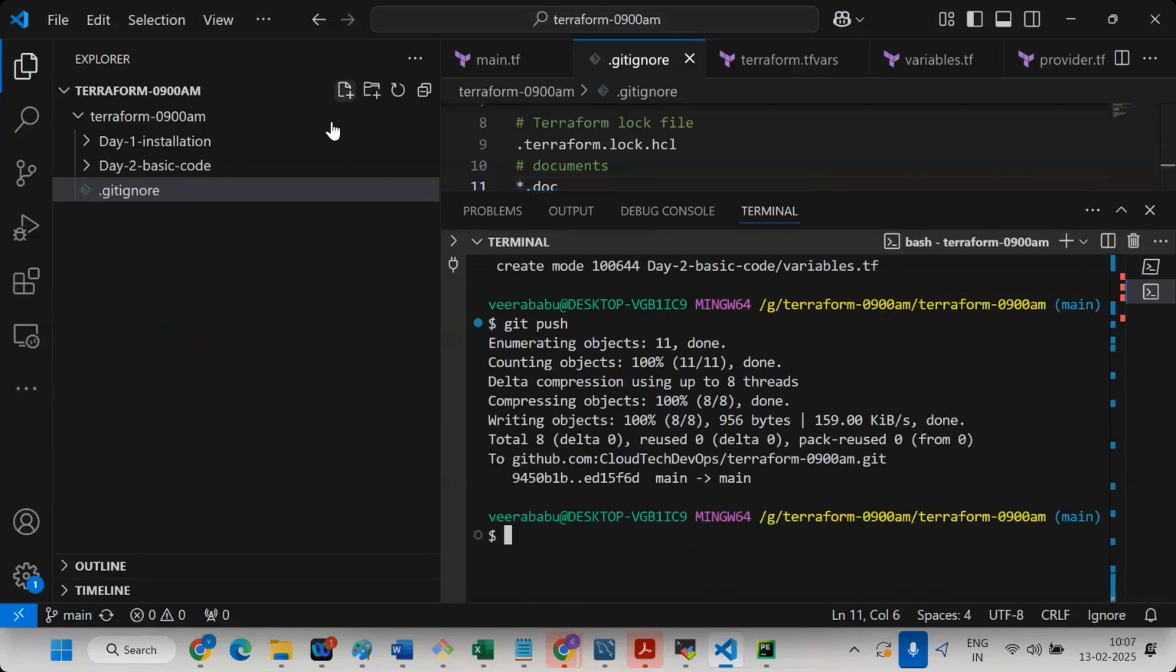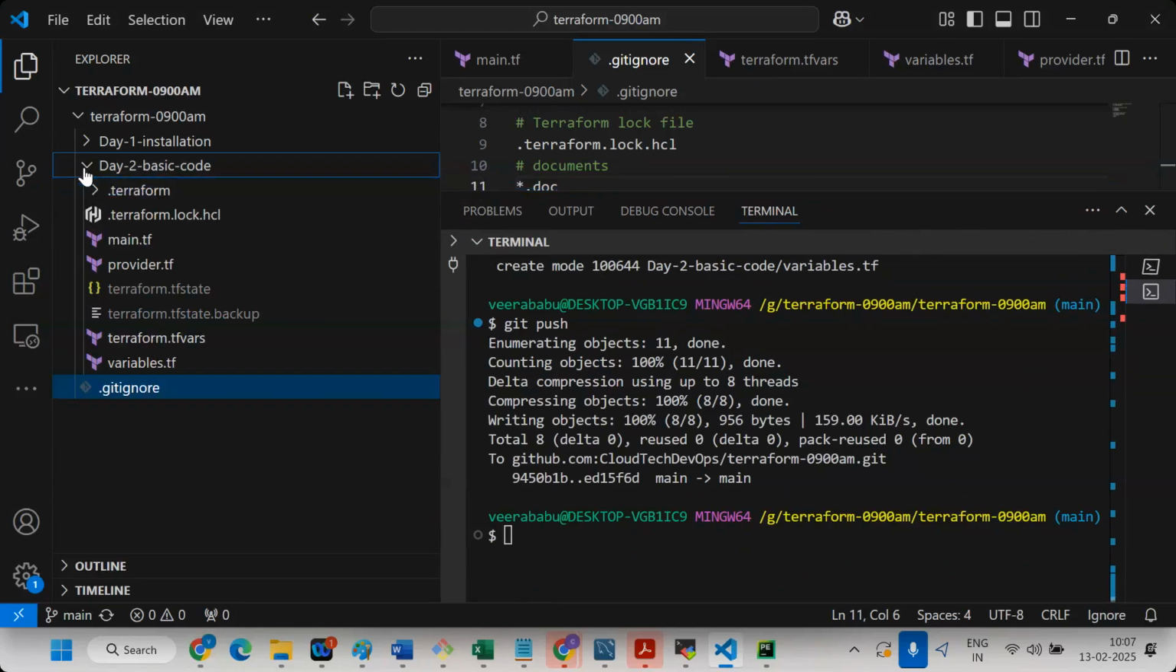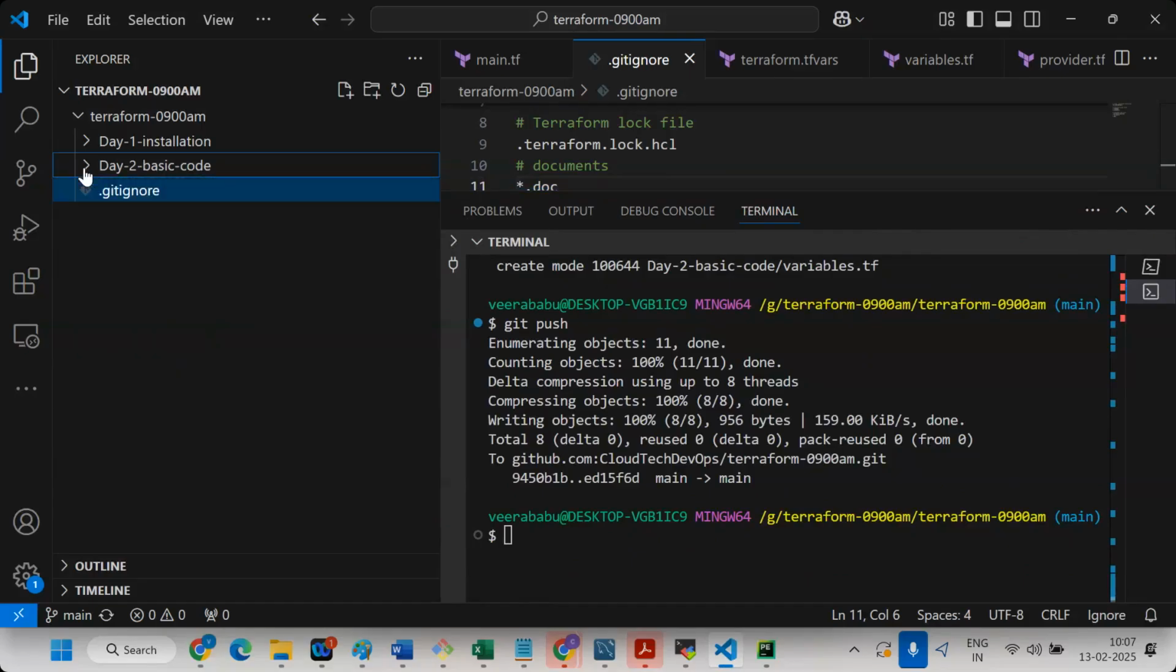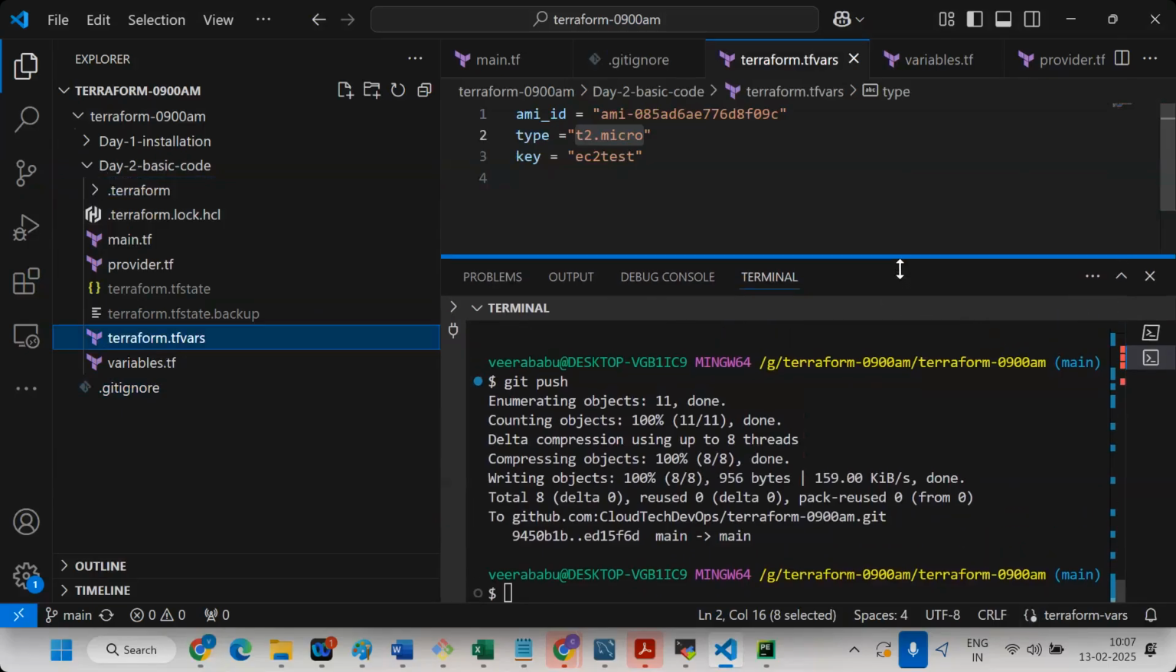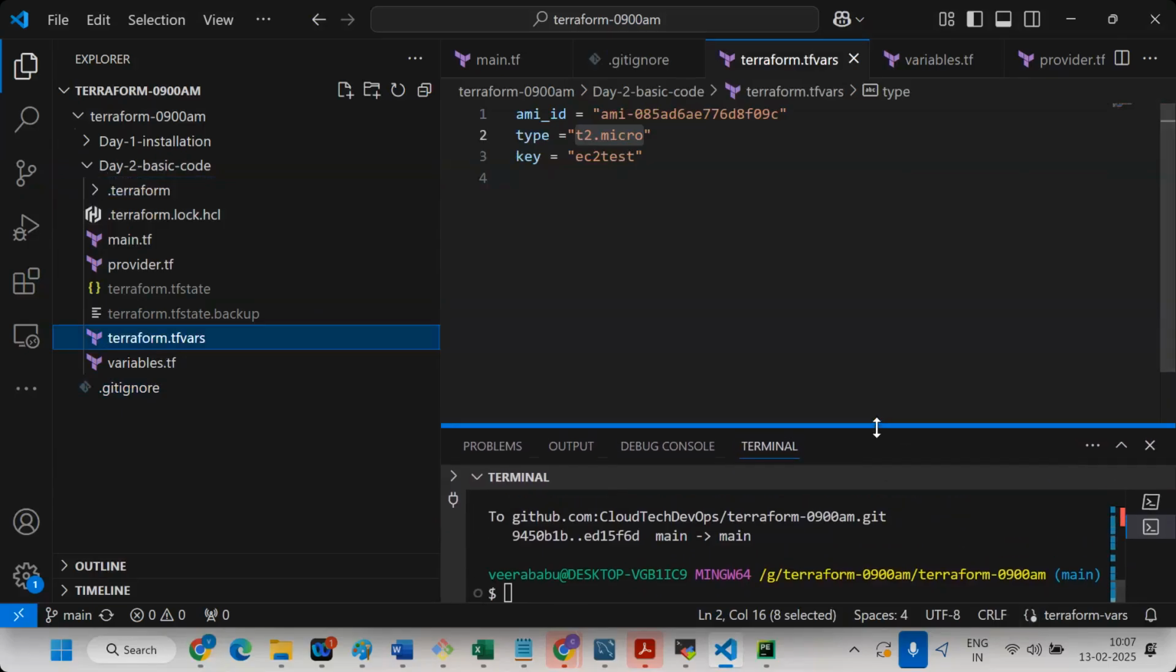Let's add data inside. Okay. So guys, a very important thing is